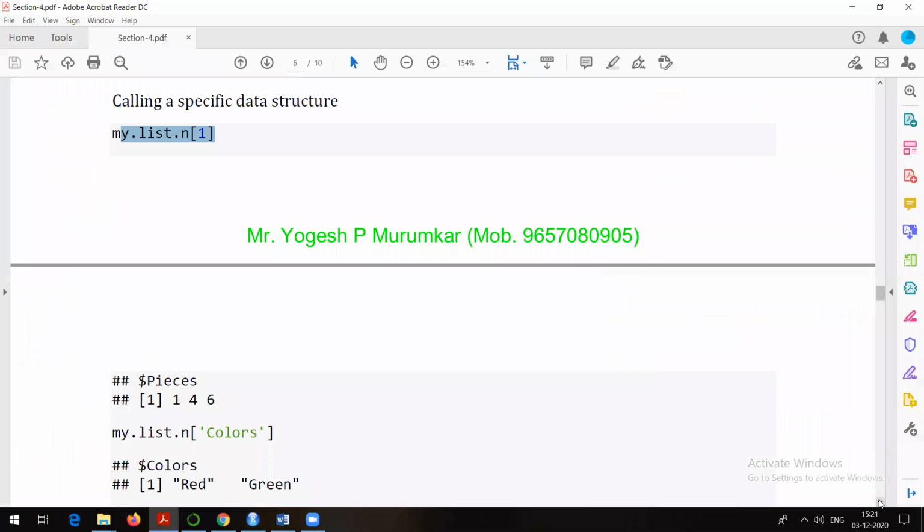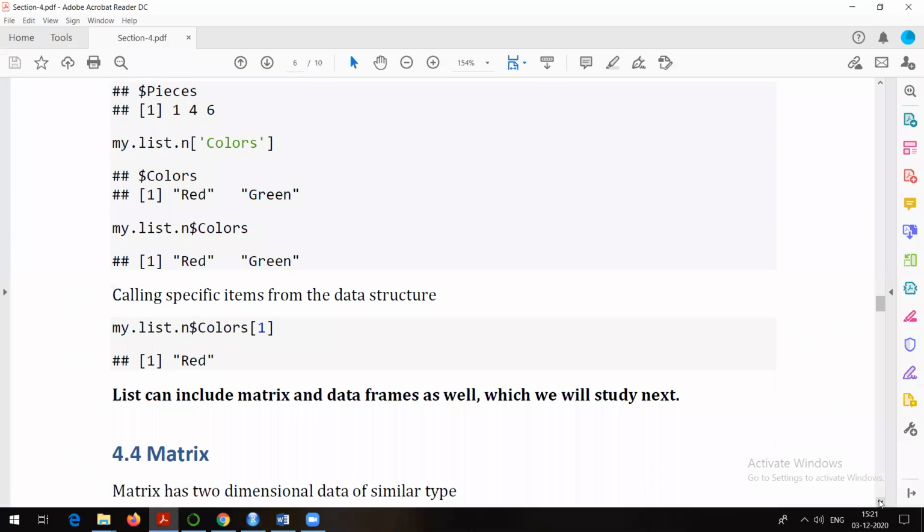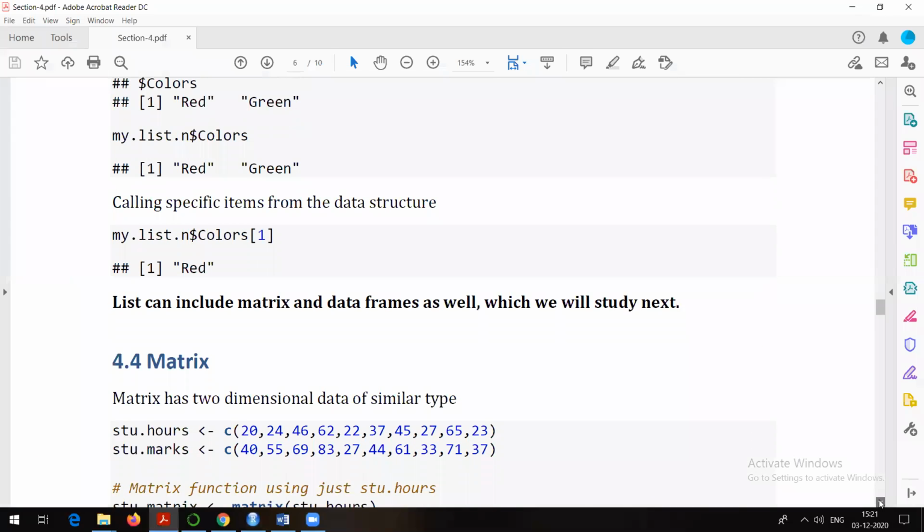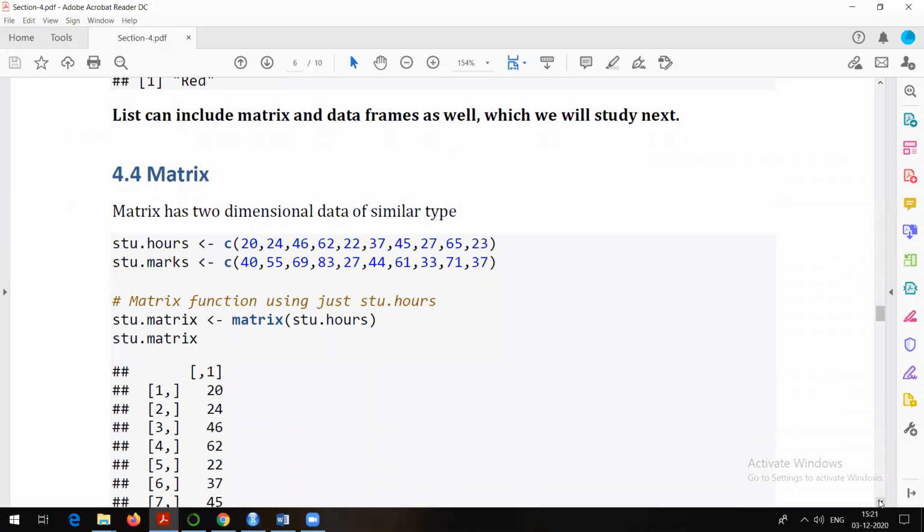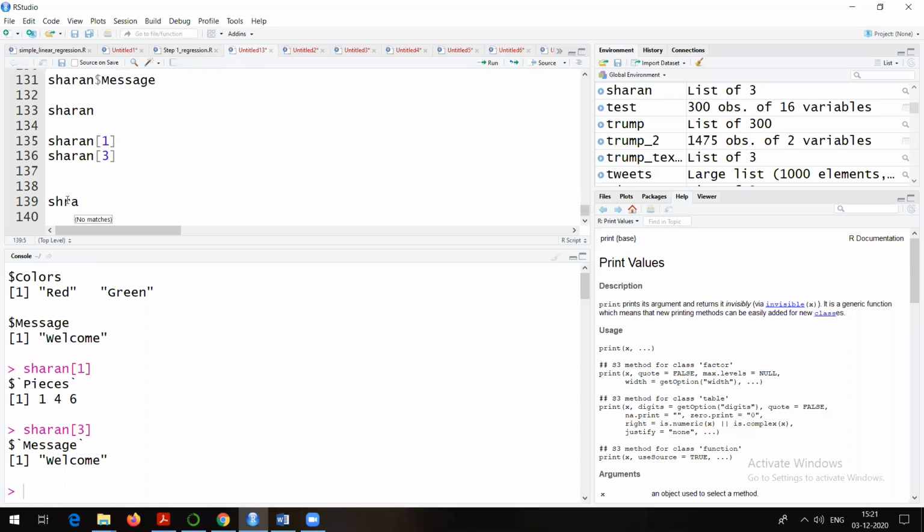That's what is actually shown here. I hope everyone is able to understand that. And again, if you want even a specific element from a particular element inside the list, that's also possible. What I want to say is, suppose I am writing down the name of the list, okay,